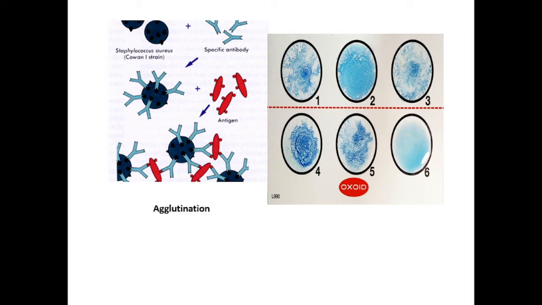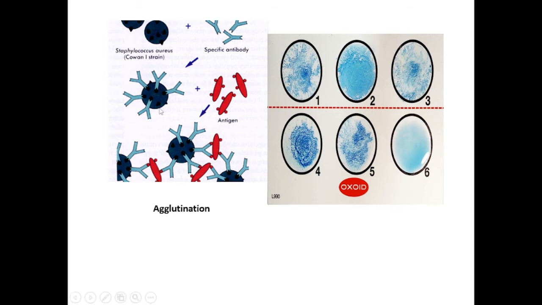What is agglutination? First is agglutination. What is the agglutination test? Here the agglutination test is used to agglutinate antigens. Agglutination means clumping, clump formation. It is used to agglutinate antigens which are particulate. When particulate antigens get agglutinated, that process is called agglutination. Here, it is used to agglutinate particulate antigens by using multivalent antibodies. Here, the antibodies must be multivalent.